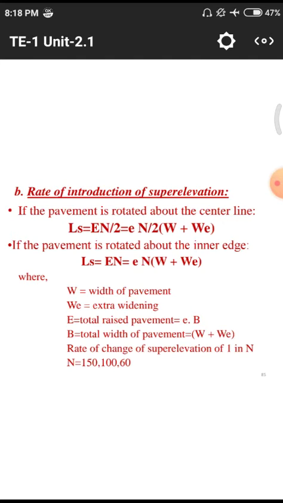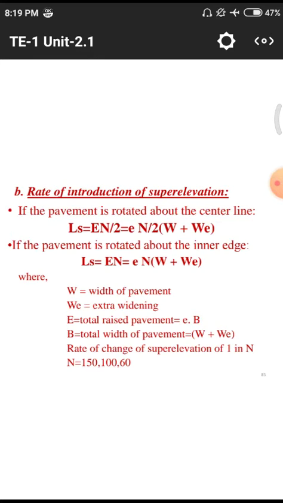of W plus Wv. Wv is what we previously discussed as extra widening. It depends upon mechanical widening and other things we have to consider here. Wv plus W, where W is the normal width of the pavement. Wv equal to extra widening, which is equal to mechanical widening plus physiological widening. Those two things are involved here.